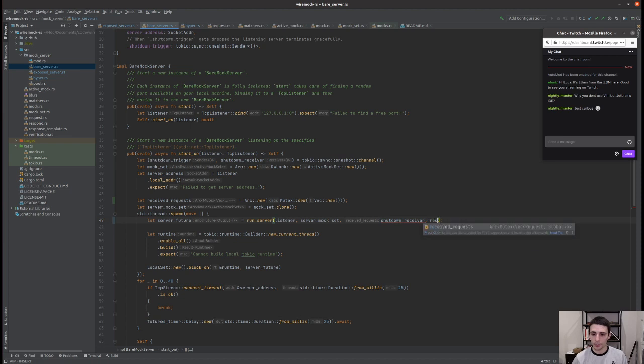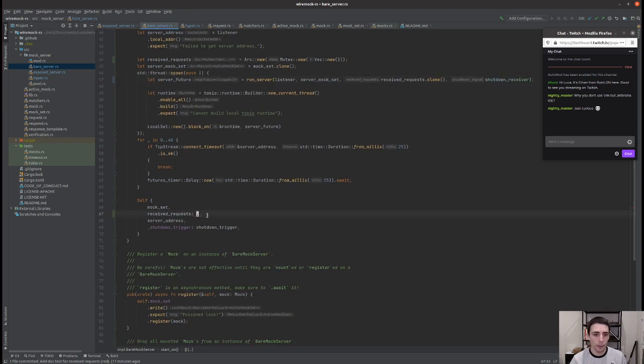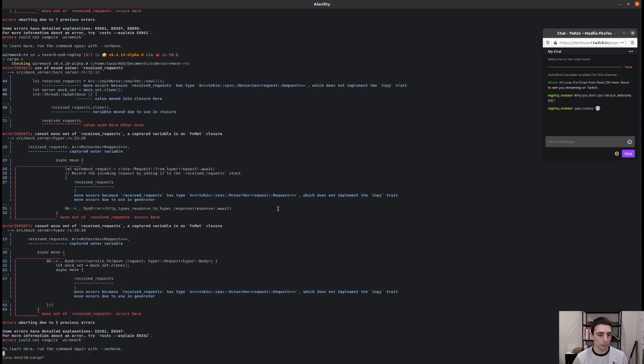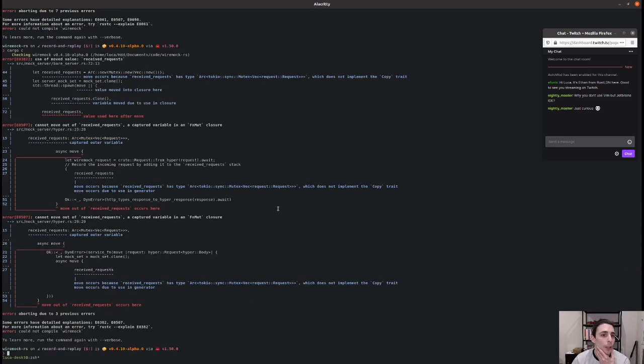So this will be receive request, not clone. No, that's in the wrong order. Like this, okay, and then I want to use the same down here. And that's good, but the compiler is not happy